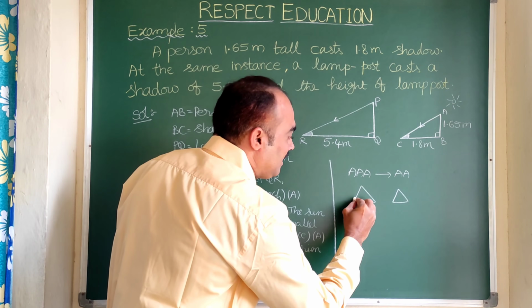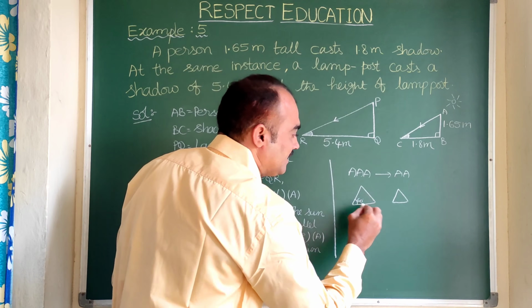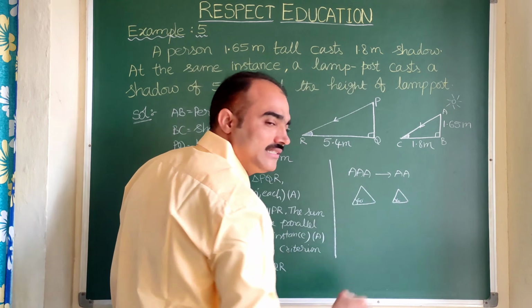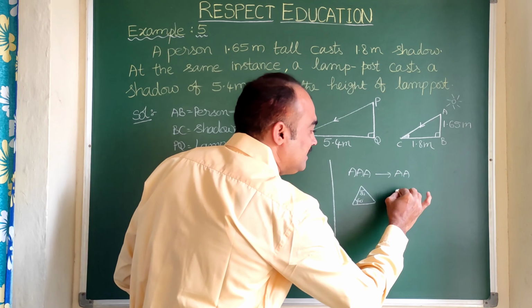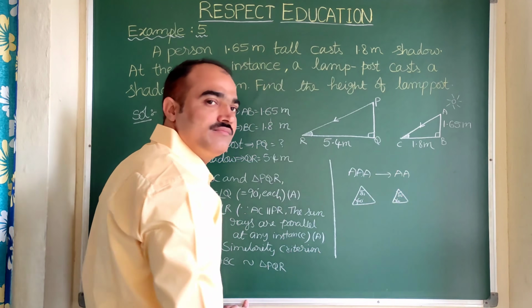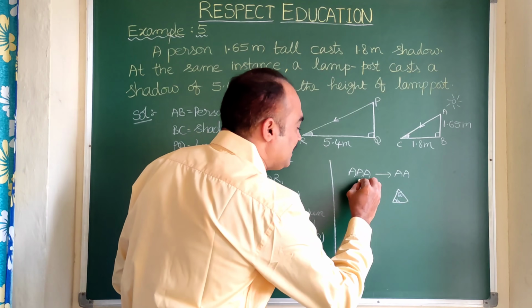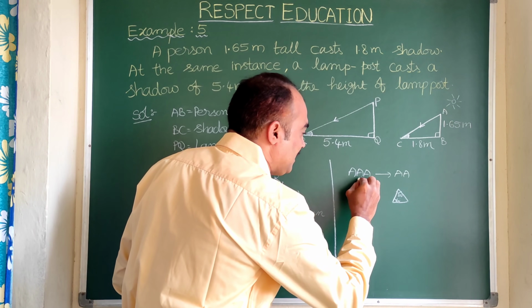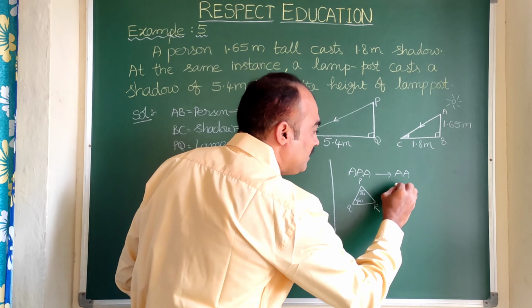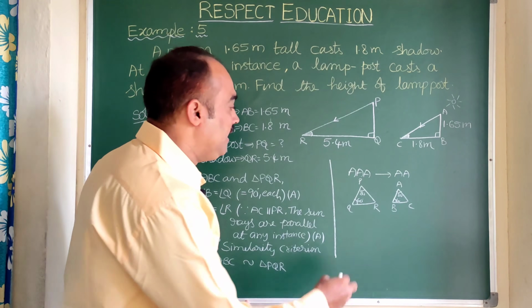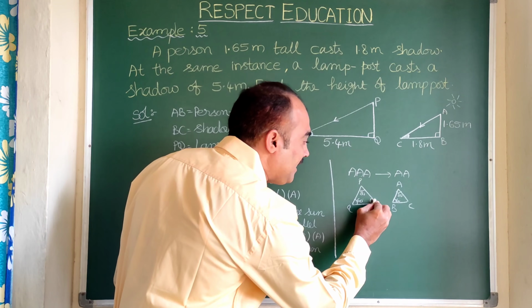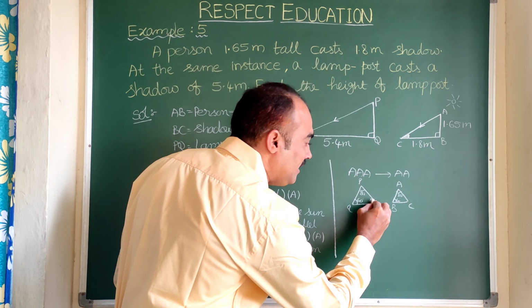Okay, for example here this is 60 degrees, this is also 60 degrees, and here this is 80 degrees, this is also 80 degrees. Now let us label the triangles. This I am taking as P, Q and R. This triangle I am taking as A, B and C. Now here, can we find angle R?